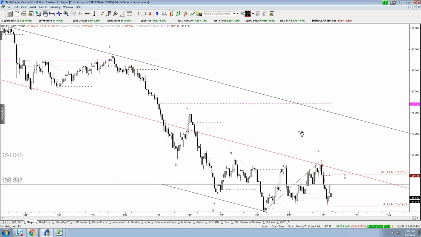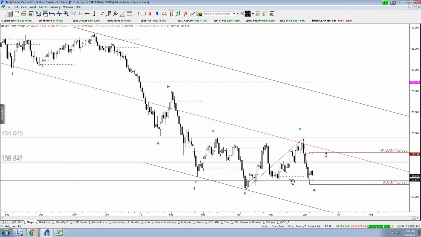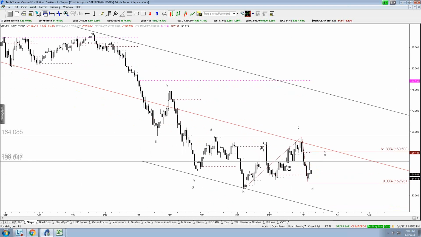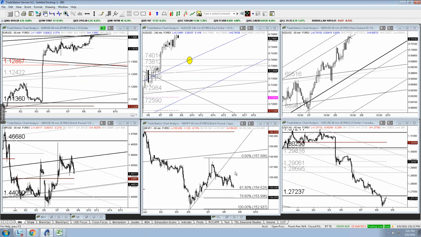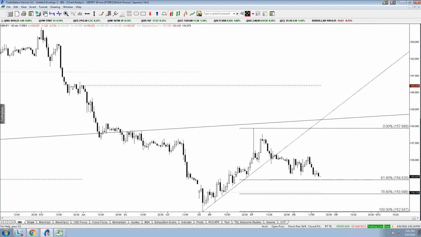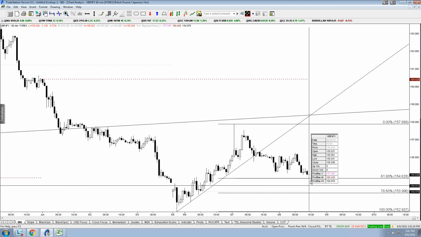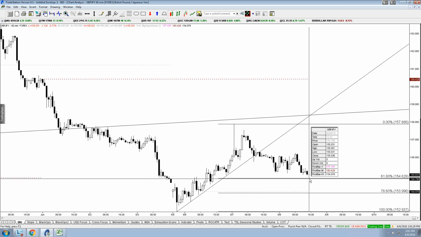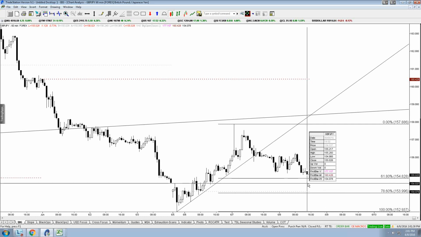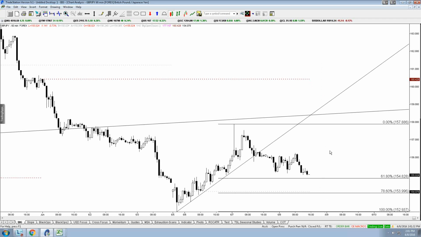Okay. So if we're going to get there, where are we going to get there from? Well, the week open is where I'd watch, right? So 154.08. I did write last night to pay attention to the 618, which is 154.83, and we're not quite there, right? But this being pound yen, kind of give it room to stretch, right?